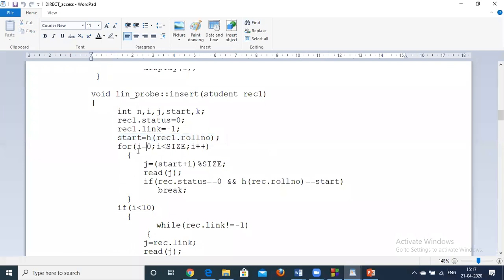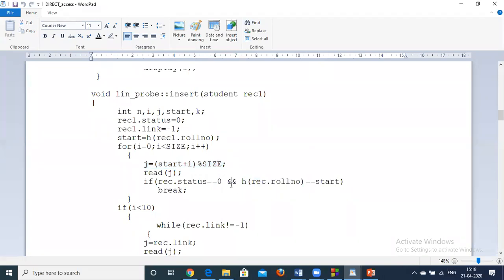Then the first thing is we have to go to its hash value position and check whether that position is empty or occupied. If the status is 0, that means it is empty, then it will automatically break. Otherwise, if it is occupied, then until we get the start of the chain, that is, a synonym is found, we will go to the next place by using linear probing.